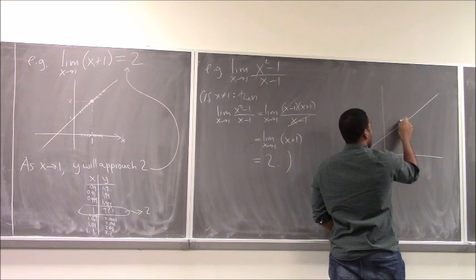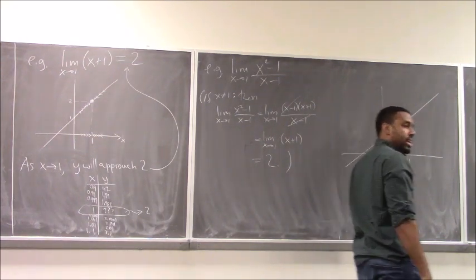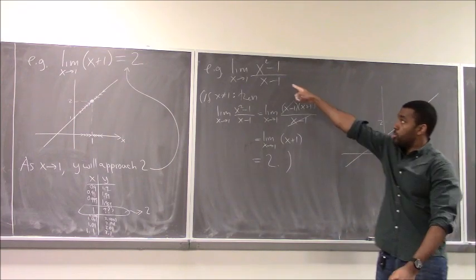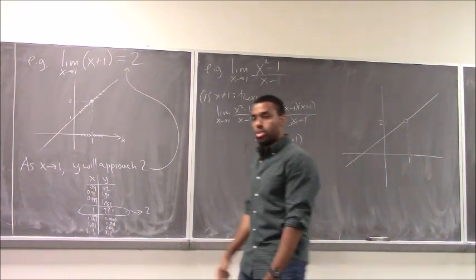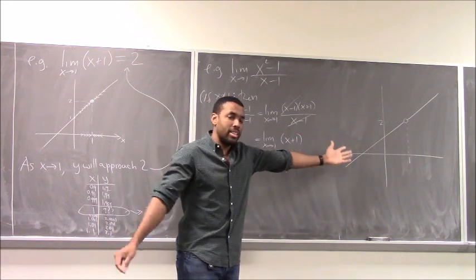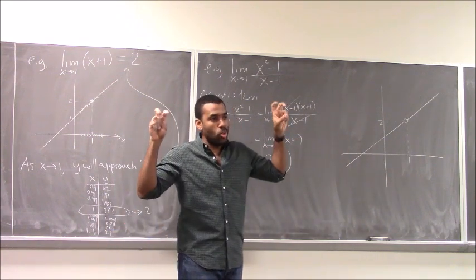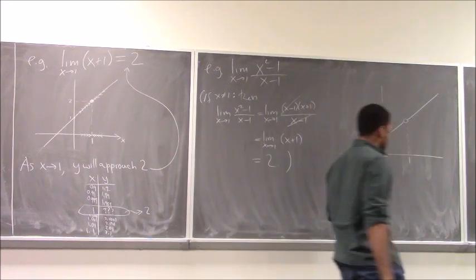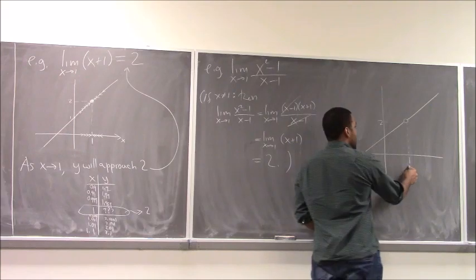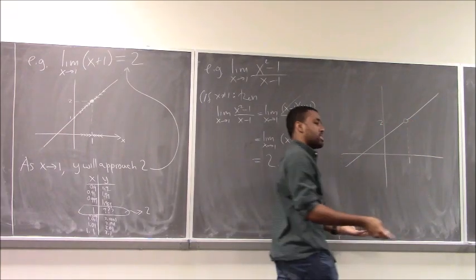At 1, there is a hole. So I cannot actually get to the point where x is 1. Because if I get to the point where x is 1, I divide by 0. It doesn't make any sense. On the graph, how that shows up is a hole. And that's a technical term, by the way. They literally call it a hole. That's a rigorous mathematical term. Okay? So notice here, I can't actually plug in 1 because it doesn't make any sense, but I don't care